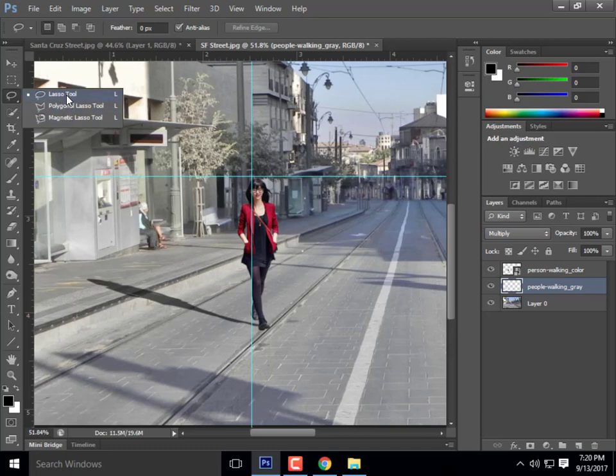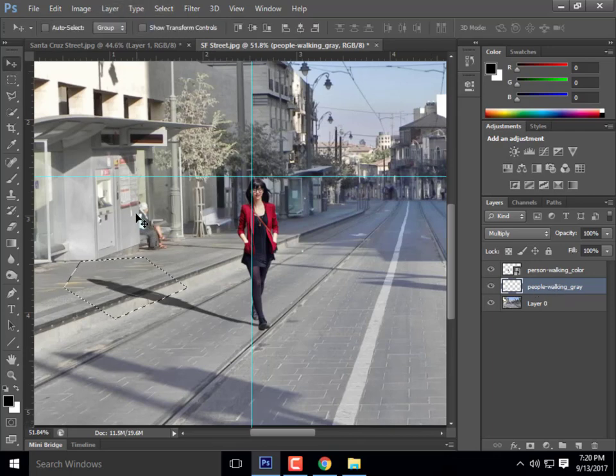The difference between Lasso and Polygonal Lasso is that the regular Lasso Tool kind of works like a pen, to where I could just kind of freehand select a portion of my image, and then I'll have a mask on it. Okay, I'm going to go ahead and use the Polygonal Lasso Tool so that I can actually create a straight line. Okay, so I'm going to go ahead and mask around the part of the shadow above the curb. Okay, so I'm going to place a line right at the edge of the curb, and I'm going to go ahead and select everything around the upper portion of that shadow,